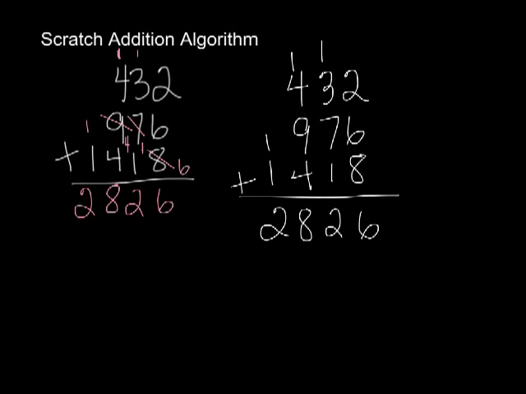So you might say, well, really that's not any easier, but like I said, you can keep track of the scratches, which are however many exchanges you need to make. And maybe with 3 numbers, it's not that big of a deal, but if you have a long list of numbers, this becomes very handy in that you don't have to keep track of, was I at 26, was I at 36? I can just count up the number of scratches and then just essentially count up to 10.